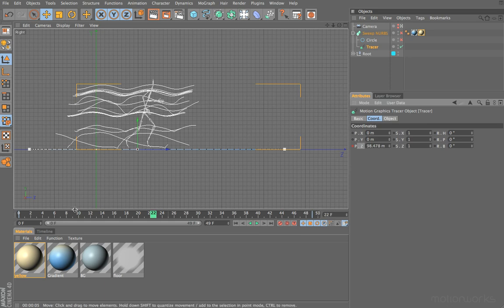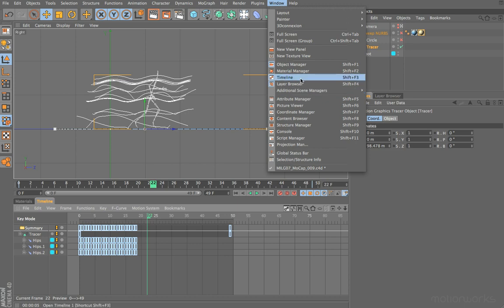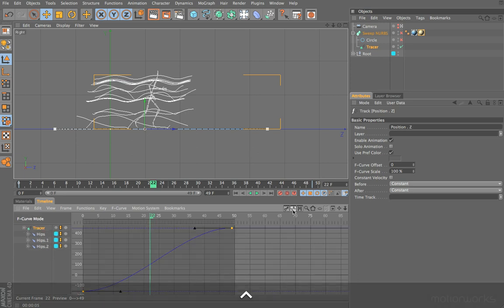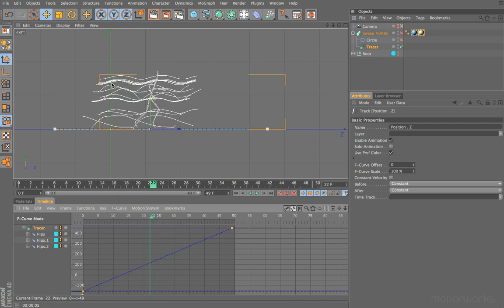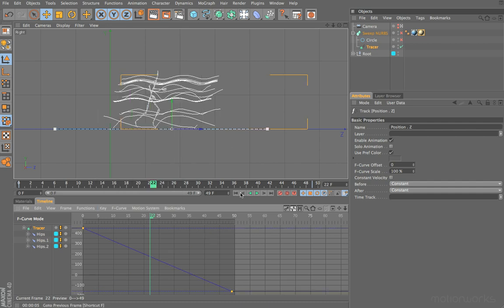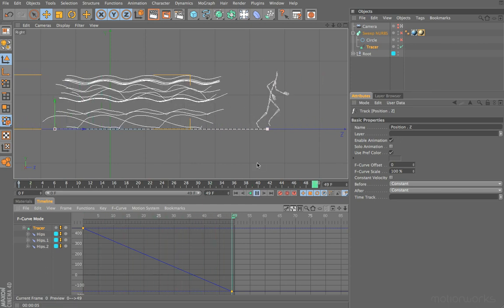So if you open the timeline, I've got it tabbed in my layout, but you may wish to come up to Window and choose Timeline. If we select the tracer object, press Control and switch over to F-curves, you can see that we have a smooth curve in and out of our keys. So first of all, come to the key menu and just choose linear. The next thing I want to do is actually reverse that. I set the keys the opposite way, but we can do that by coming to the key menu and choosing mirror X. Now if we rewind and press play, you can see because our motion moves in the opposite direction to the actual runner,